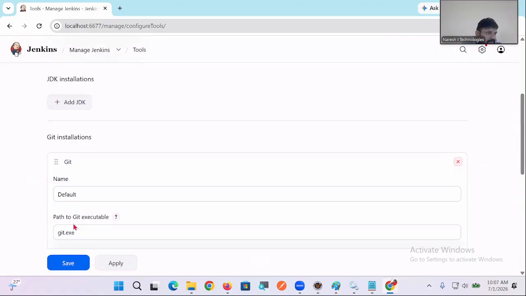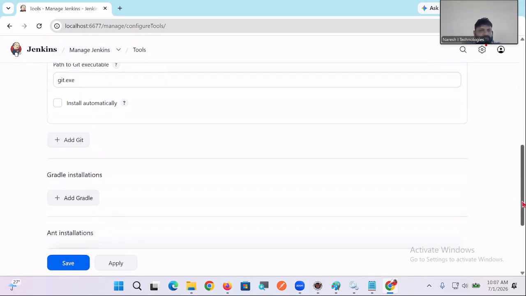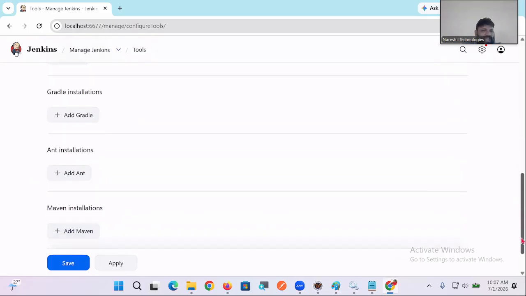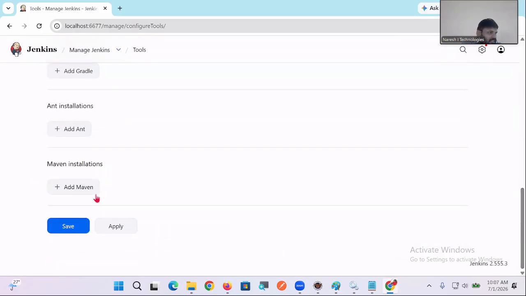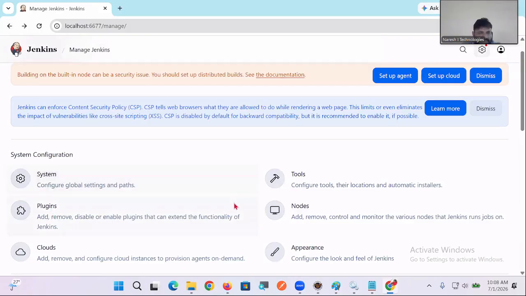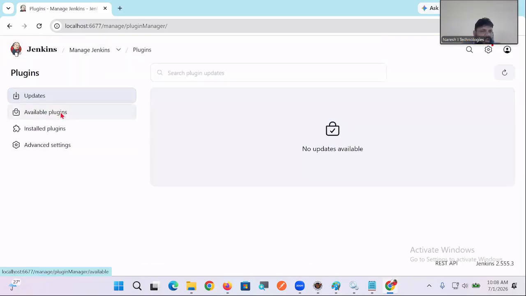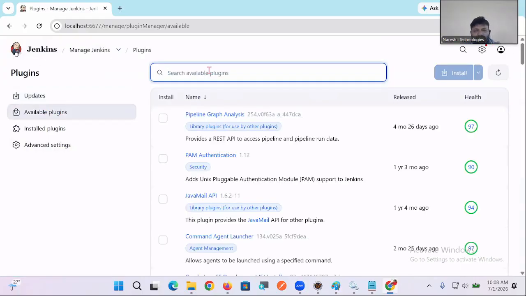Git is coming by default, that's good. If not coming, you have to install Git. JDK is coming by default, cool. Next, Gradle, Ant installation, Maven installation are coming. But Deploy to container, these things are not coming. It's better to install those plugins if they are not there. That's why I go to the plugin section. These are the available plugins. In that one,